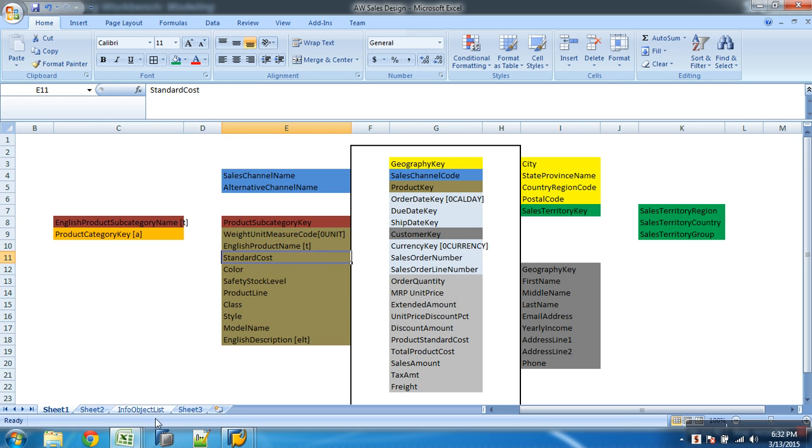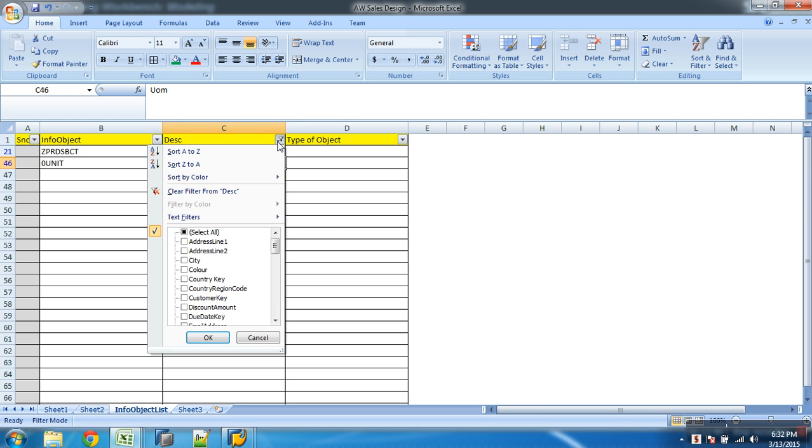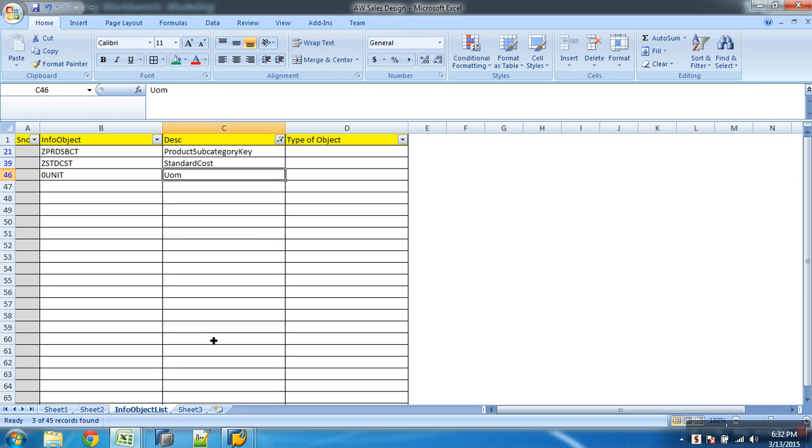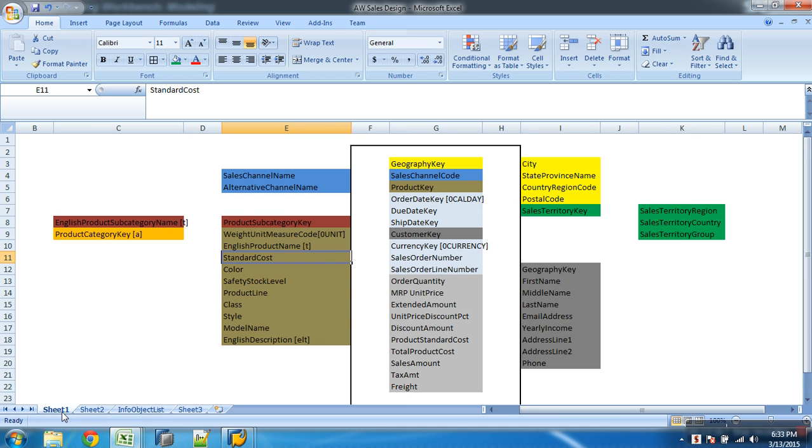Next, standard cost. That's a key figure. So I already have a key figure called standard cost. Do I have this standard cost? Now with this, you should also understand a point: a key figure InfoObject can also come as an attribute for another characteristic. Can I use a key figure in two places? One is as an attribute, or I can also use it inside my cube. Now in this case, I'm using standard cost as an attribute of material number. That's very important. They ask you that question.